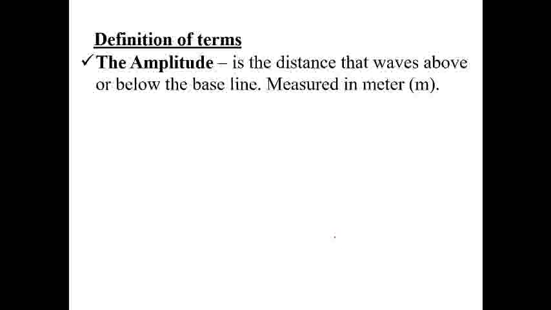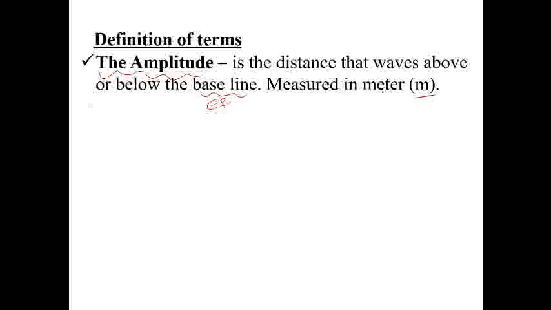The other thing is definition of terms. We can define some terms which we use in waves. The first one is amplitude. You have learned this in grade 9, unit 8, that is wave motion and sound. In that unit you learned the definitions of amplitude and frequency under wave characteristics. Therefore, amplitude is the distance of the wave above or below the baseline or the equilibrium line, and since it is a distance, it is measured in